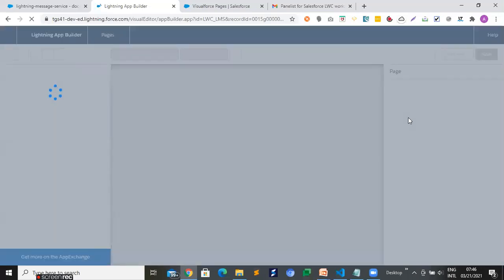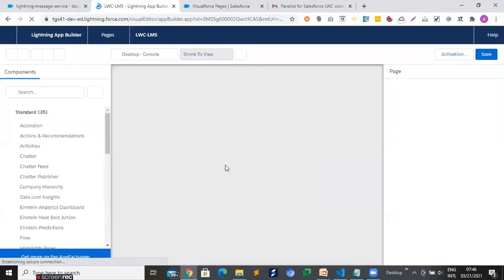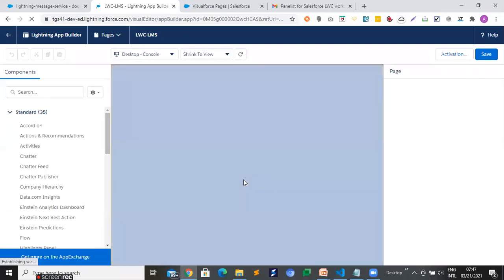You need to simply drag and drop that VF page over there, and link your VF page with the page that you want to display over there. It will take time to load the entire page over here.